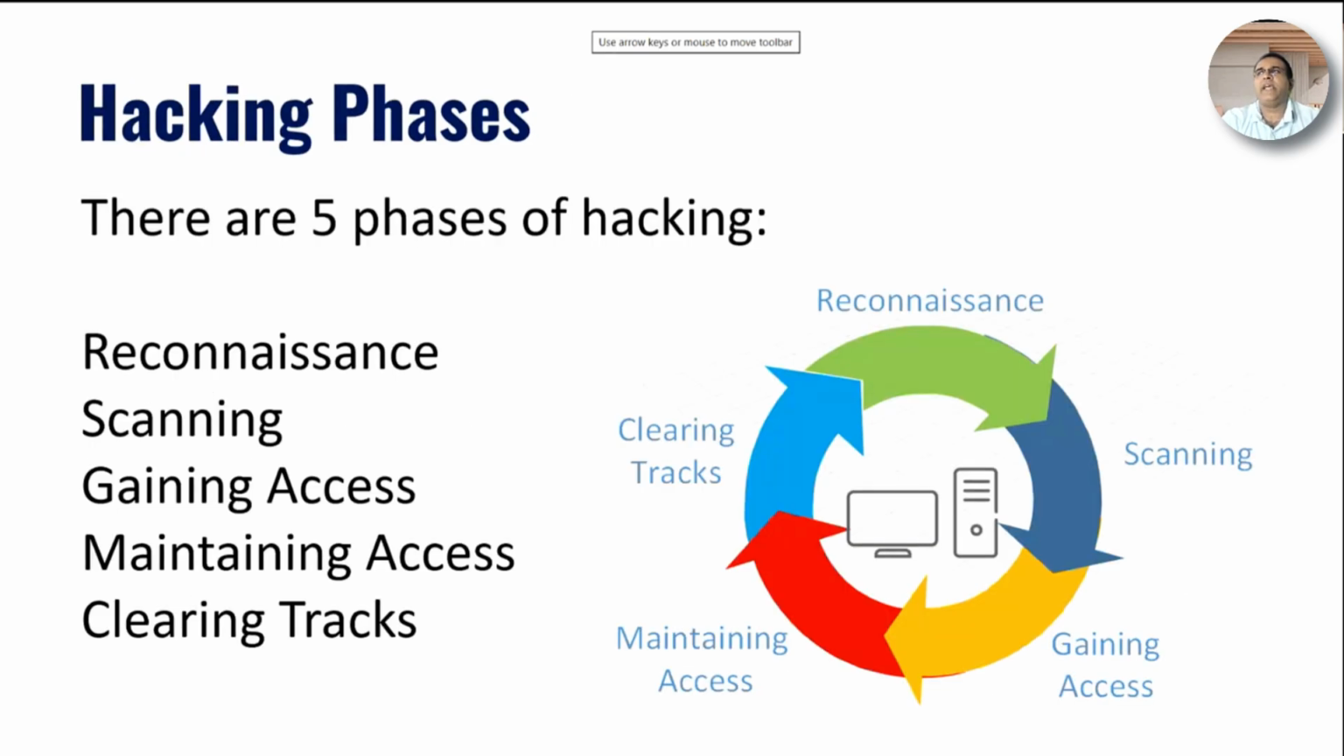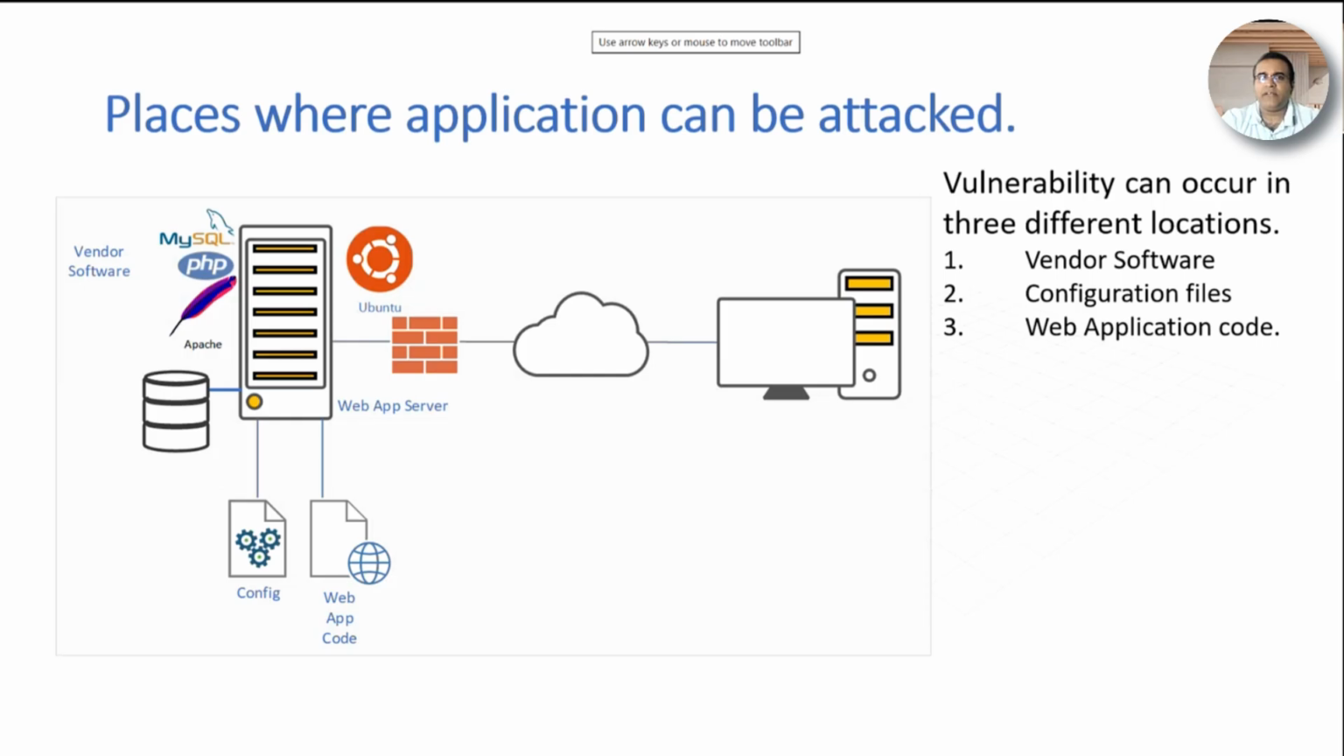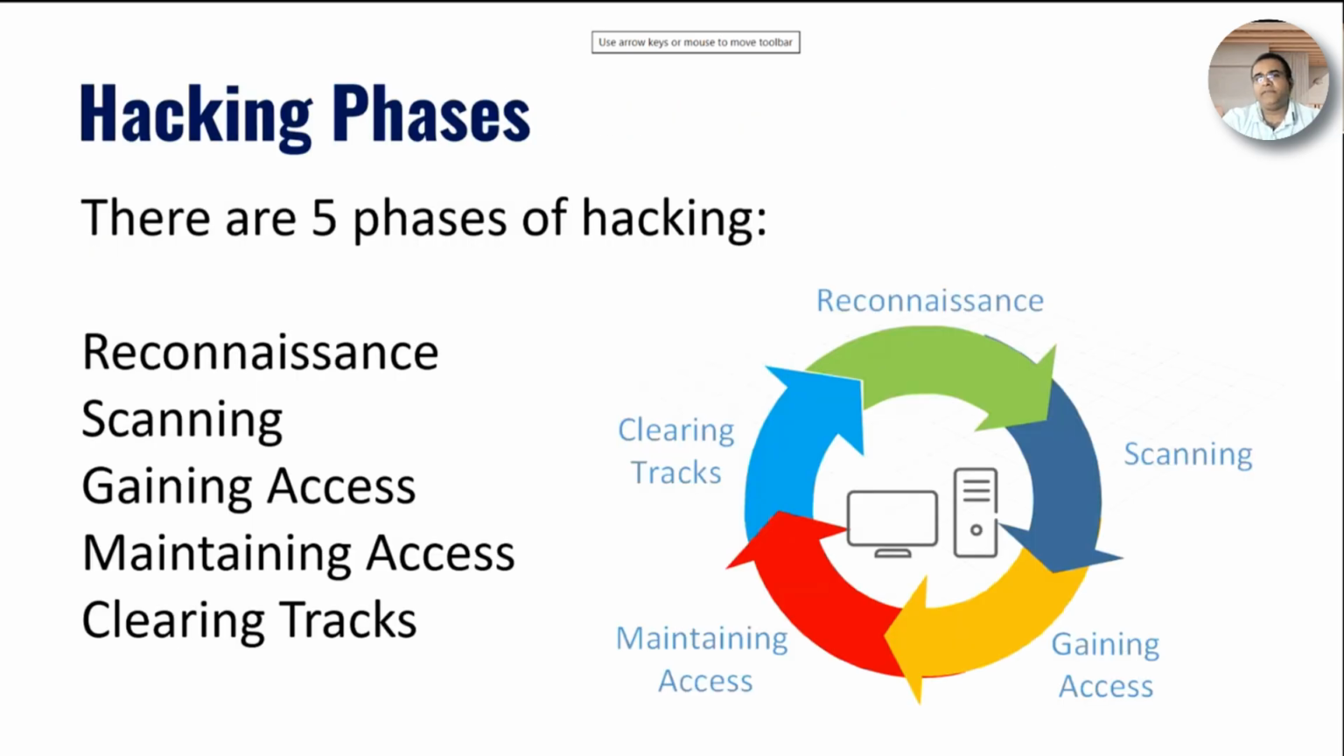So how does hacking take place, right? Predominantly, these are the five stages: reconnaissance, scanning, gaining access, maintaining access, clearing tracks. And these are the phases for an external attacker with malicious intent. Reconnaissance basically talks about collecting information about the target without directly interacting with